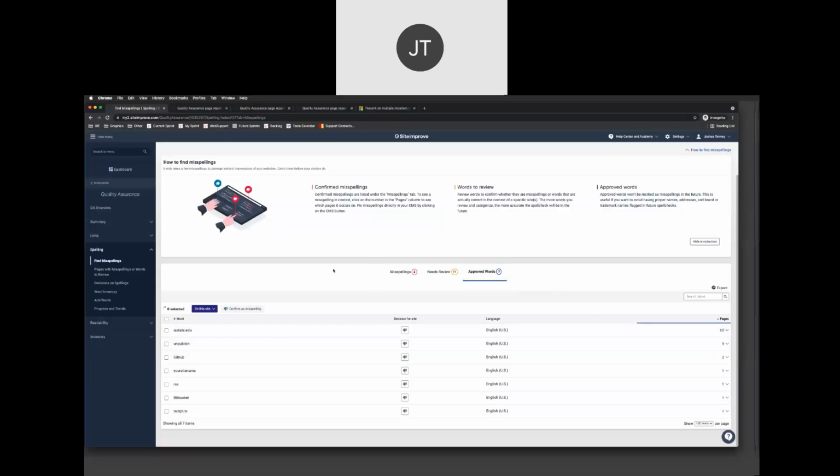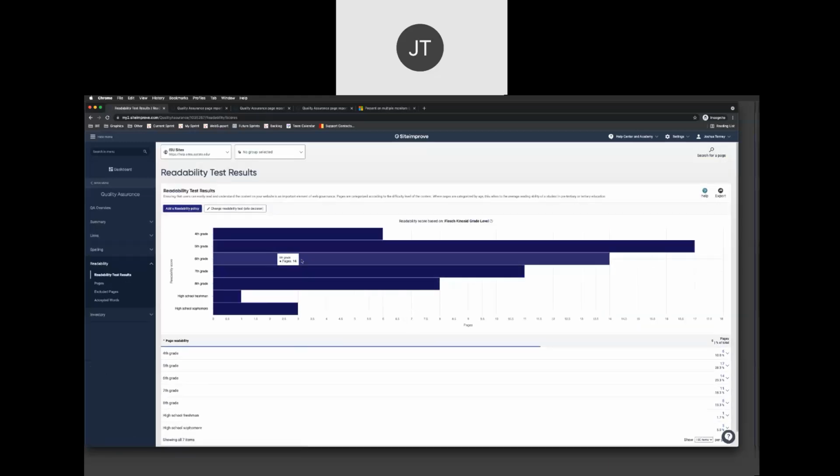All right, so from here, if you want to get to that readability section, we can do that by clicking on this readability tab on the left-hand sidebar. And I'll quickly go look at the readability test results and show you just kind of what this table comes up looking like. So this is showing you the makeup of reading level across all of your pages on your site. For this one, we're doing pretty good. It's got a maximum of a high school sophomore reading level. So that is a grade 10.